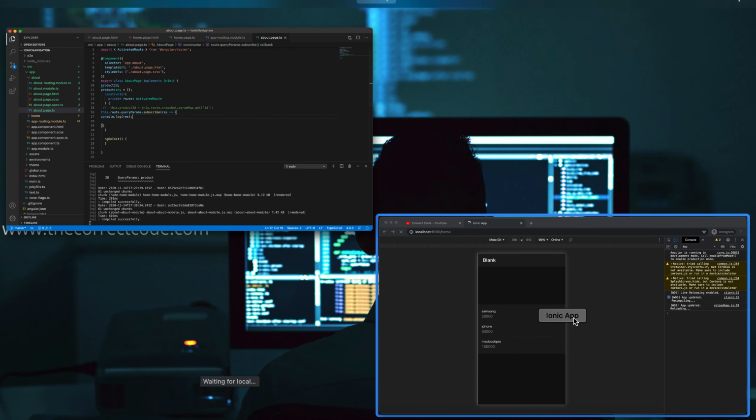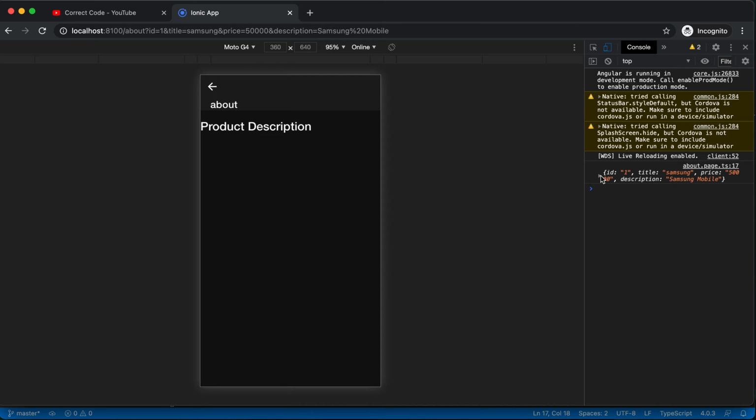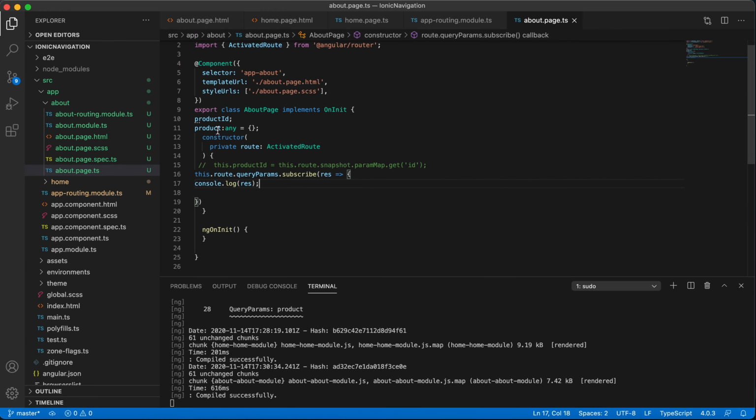I saved the file and just click. See, when the user clicks, here you can see we are receiving this particular object. So we are getting the entire object, so we can directly assign. This is the response we are getting.